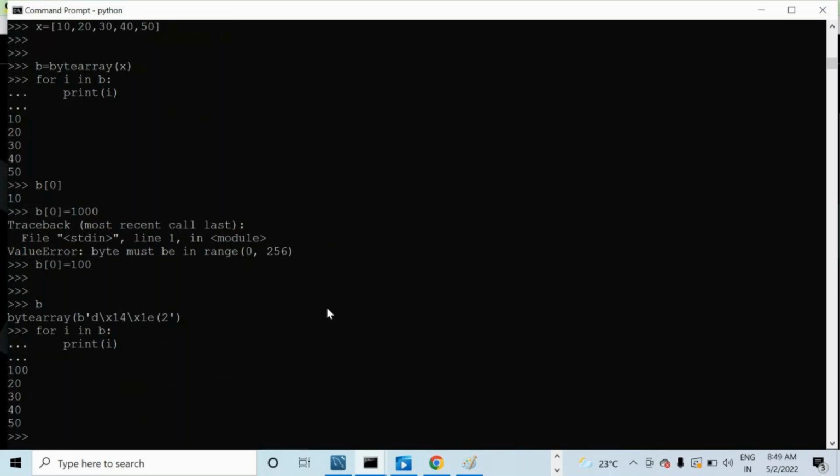We have 4 data types remaining, guys: list, set, tuple, dictionary. These 4 data types will take more than 10 hours. This is one of the biggest concepts. We are going to use it in real time as well. This is very important, guys. Tomorrow, when I start these data types,